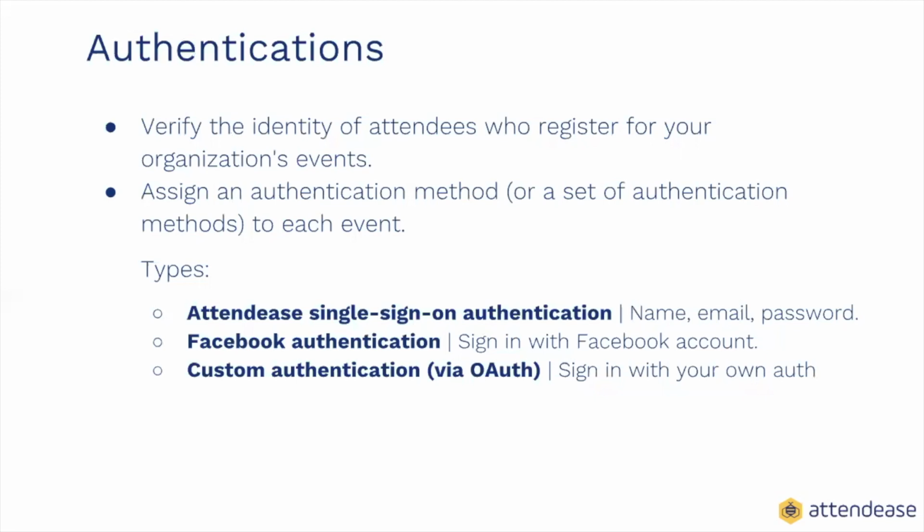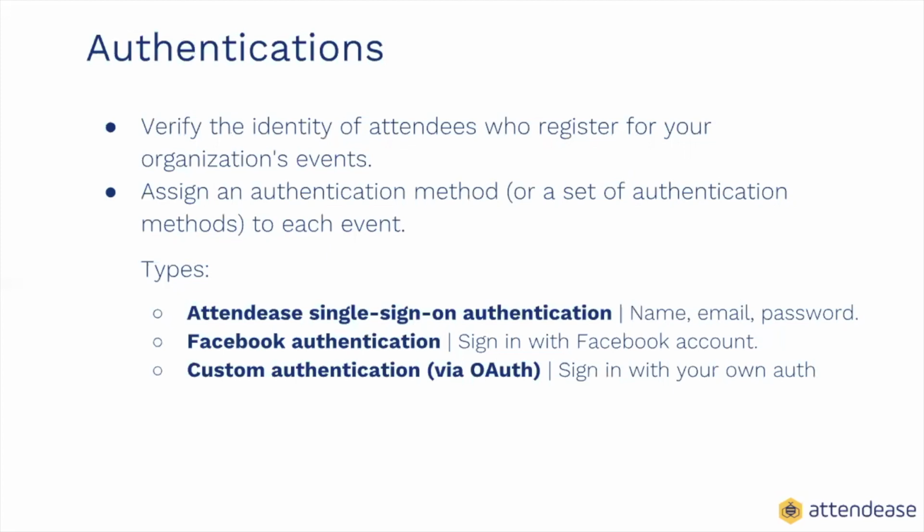So how does an individual sign up for or sign into a member account? They will use one of three authentication methods. We use authentications to verify the identity of attendees who register for your organization's events. You assign an authentication method or set of authentication methods to each event, and this is managed on the organization level. An individual can create or sign into a member account using one of these authentication methods,